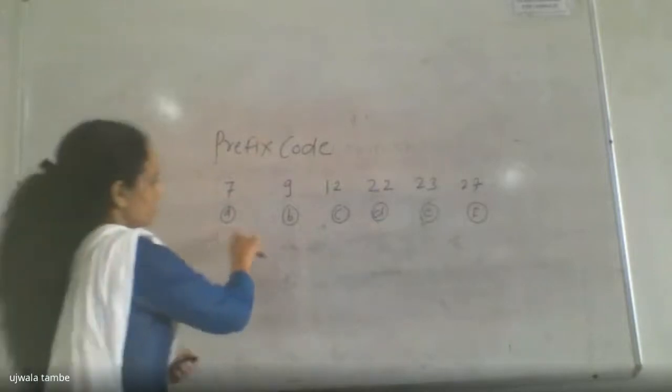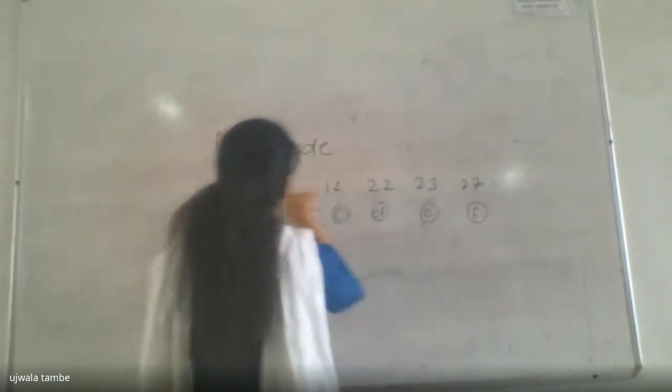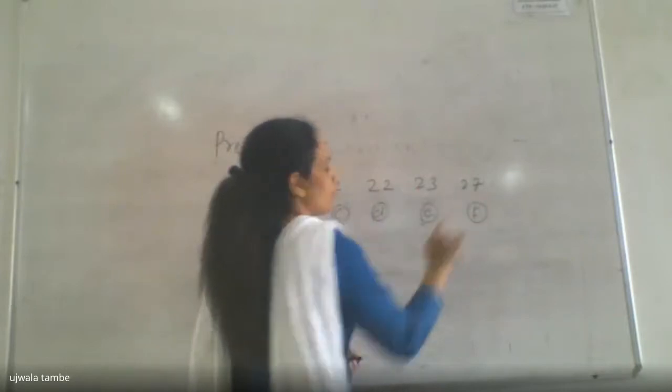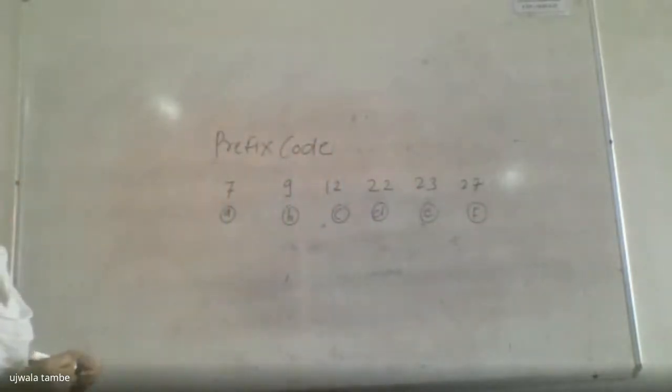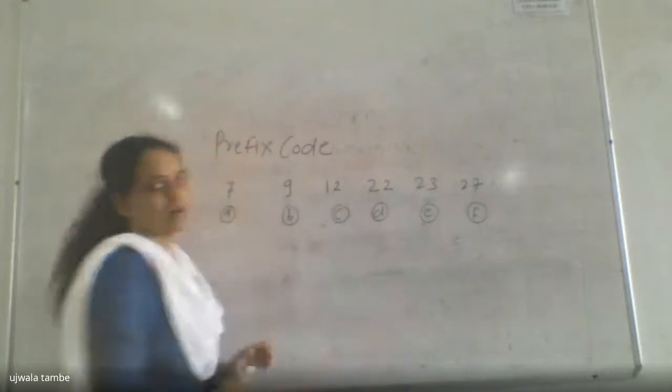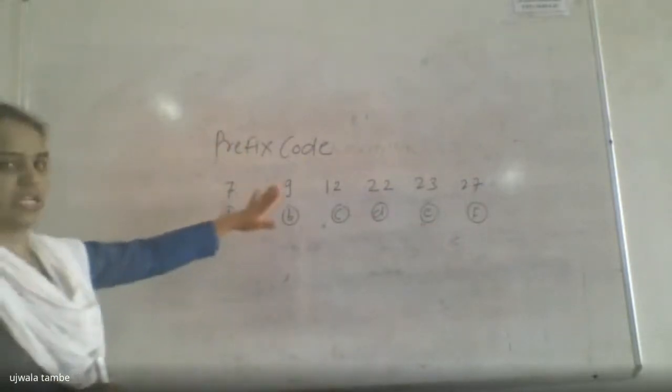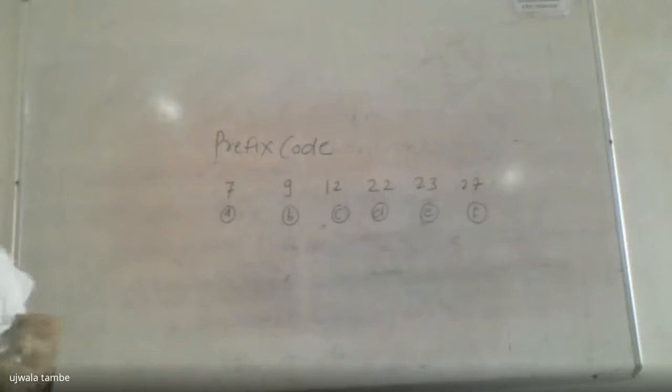So these are the values of our nodes and these are the frequencies assigned to each node. Already this sequence is given in ascending order, so no need to change it. So what is our first property? We have to select the two minimum weighted nodes, or we can say select the two trees in the forest that have smallest weight, combine these two trees into one, so that the weight of the combined tree is equal to the sum of the weights of the two trees.